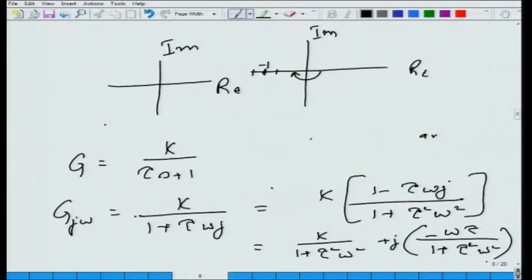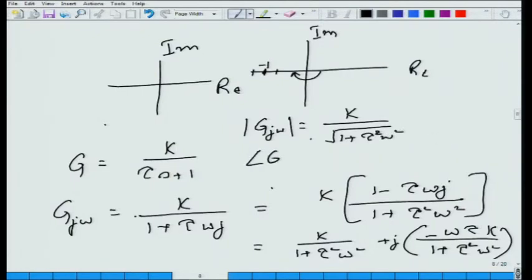And then you will say, the magnitude of G j omega is going to be, of course, I forgot the k here, k over square root of 1 plus tau square omega square, and the angle is going to be